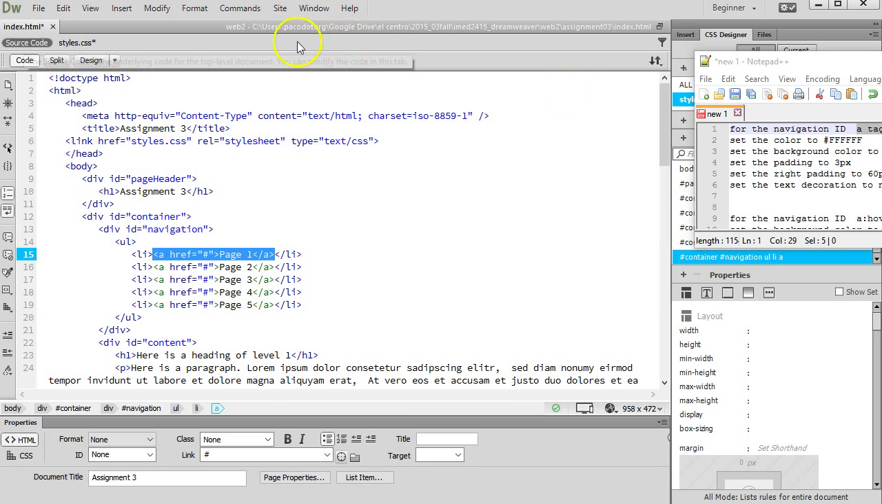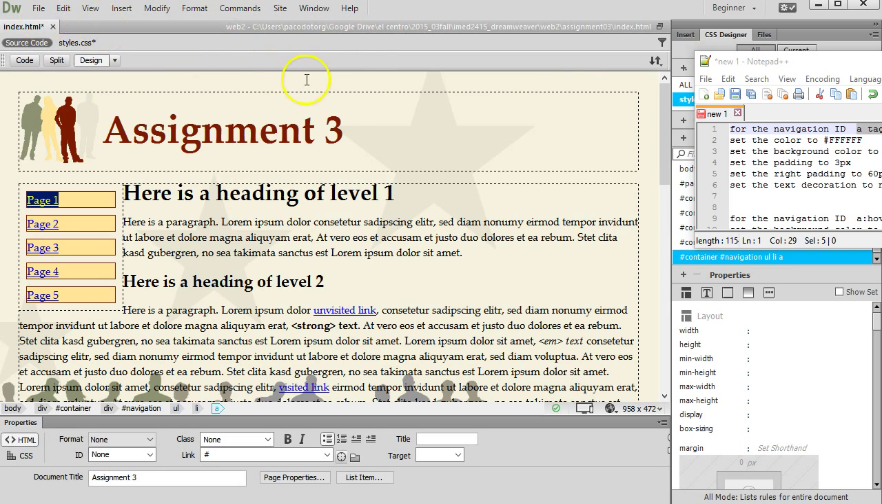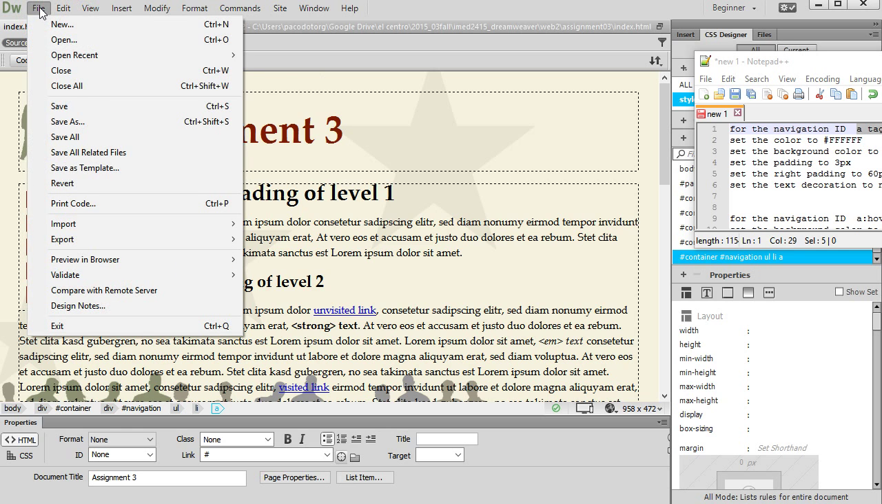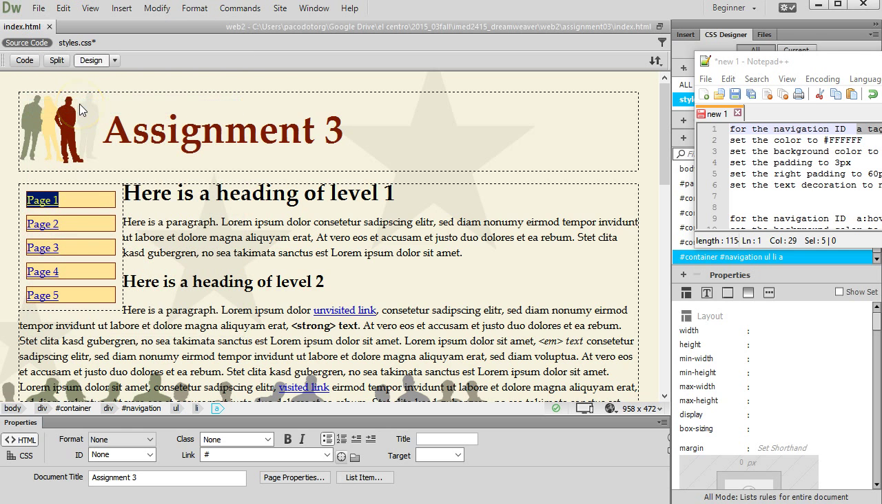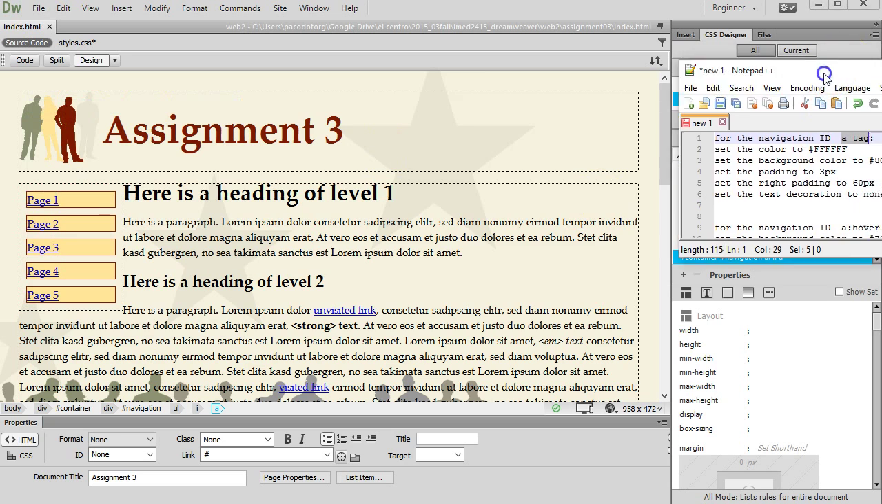So I'll go back to source code and I'll go back to design, and just because, like I said, I've been talking for almost 40 minutes now, I'm going to save this file. So I'll click on File and Save. Okay,